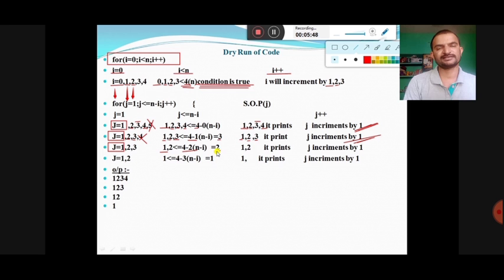So 1 is less than 2, condition is true. Again prints 1, j increments. When j increments, j becomes 2 here. So again it checks with the condition, 2 is equal to 2, 2 prints, j increments. 3 is not less than or equal to 2, condition is false. Again it comes to the outer loop, i increments, i becomes 3, checks with the condition, 3 is less than 4,